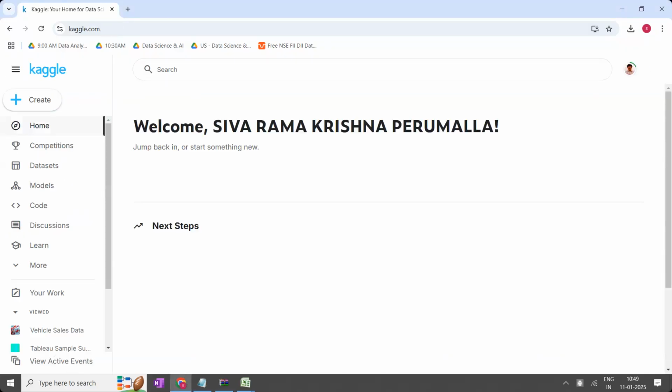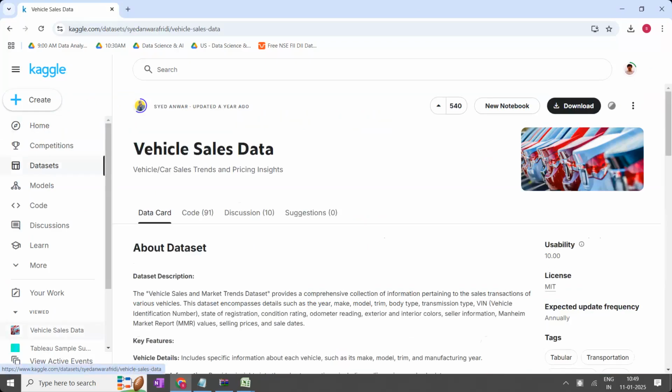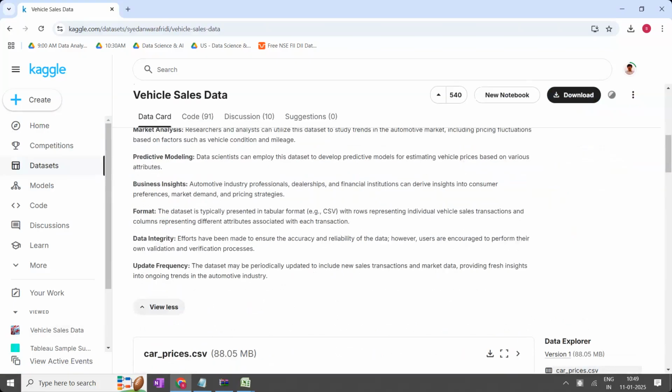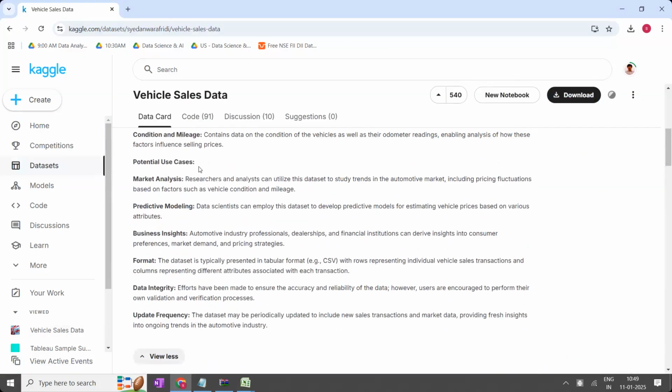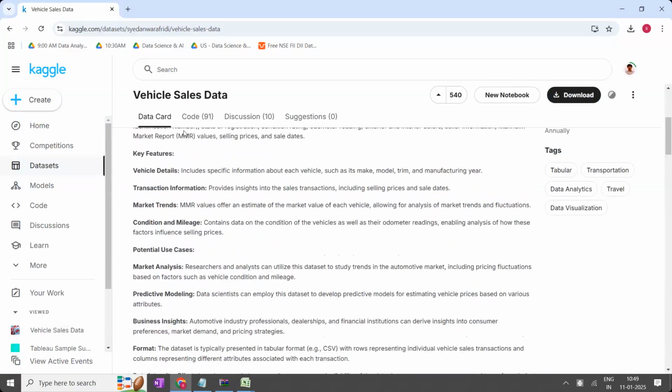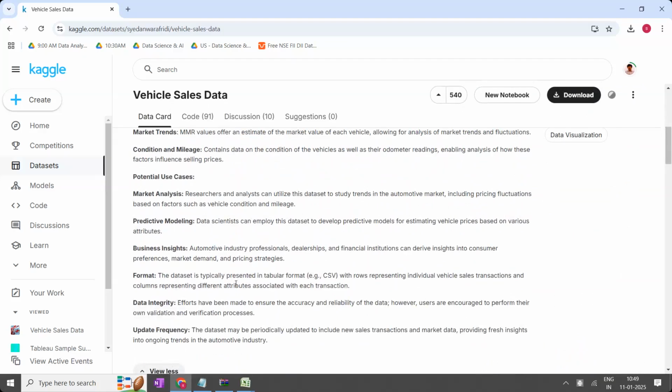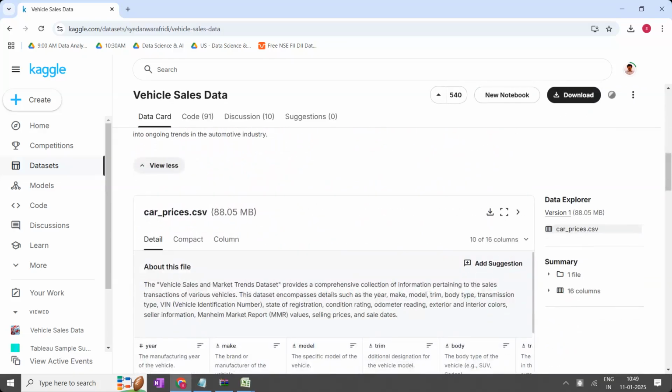As one of the students is asking a question, sir, do we have to create the business problem ourselves? No, the business problem will be given. So here the business problem was given. Read this one. You have seen the data set. See this one also. After here, read this from top to bottom. Read everything. Read what is the question they asked, what is the usage, and what is their requirement. Read this. This is the business problem. Don't think of it yourself. This part will be given. After reading this, come down and click on download.